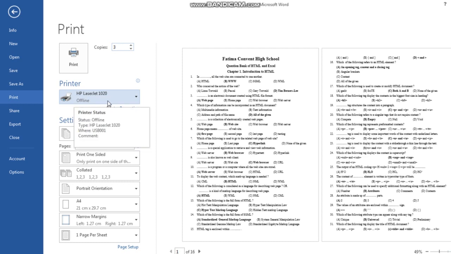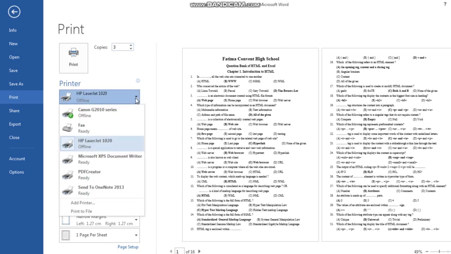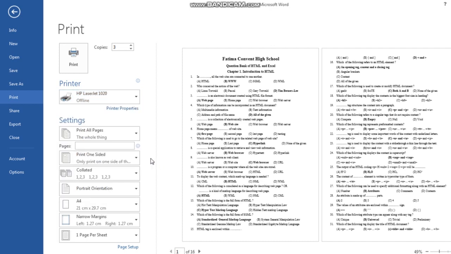Second option here is to select the printer. And to this computer 2 printers are attached. This is HP LaserJet. Okay, and my default printer is Canon, that is a color printer. So from here I get the option to select the printer through which I want to take the printout. Now here I have typed everything in black and white, so I don't need to take the printout on the color printer, so I keep HP LaserJet as it is. Besides, if I don't want to take the printout and if I want to create the PDF of this, then I can click on PDF creator. Hope this much is clear.